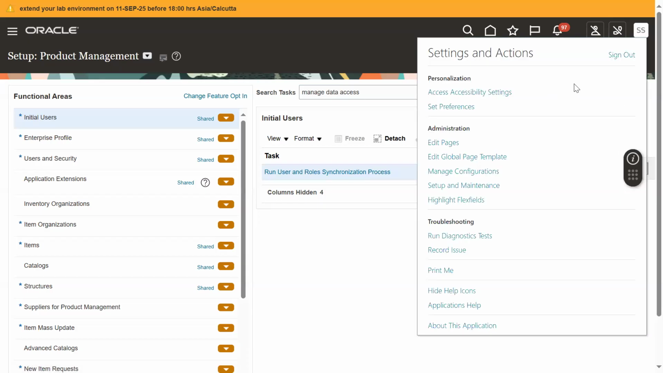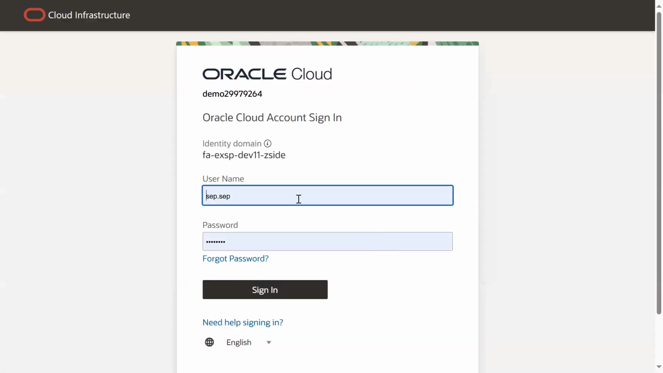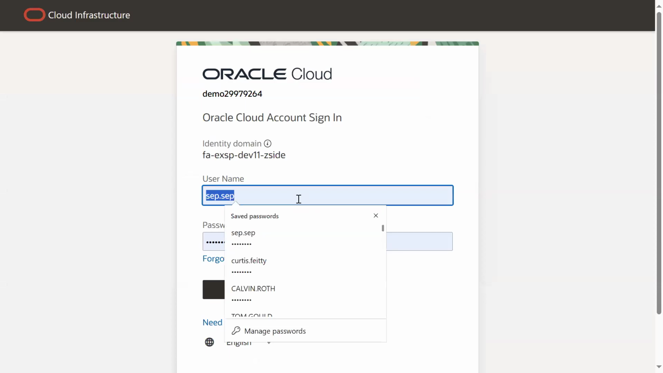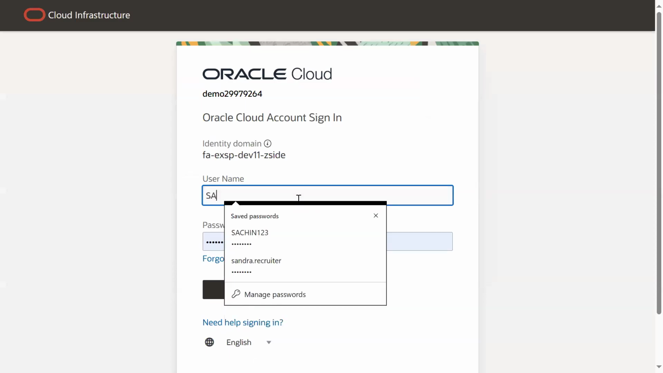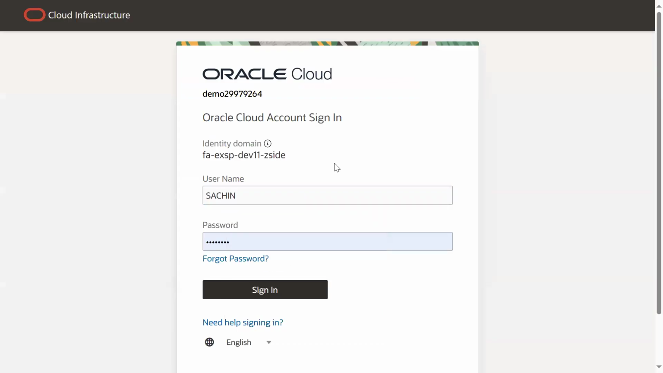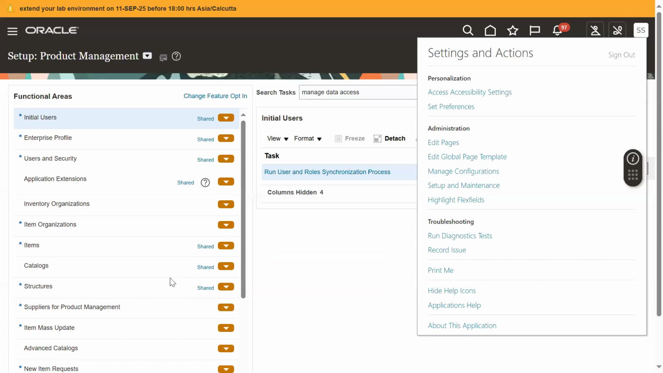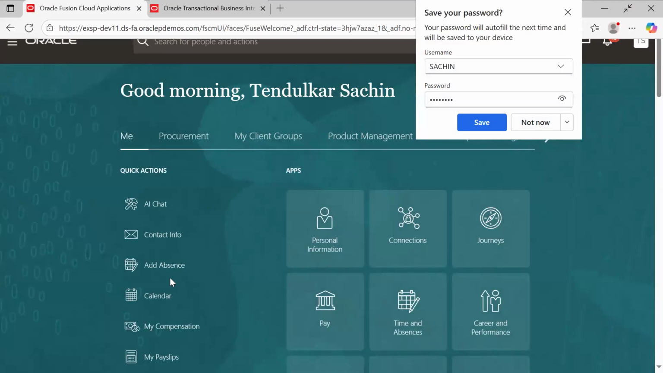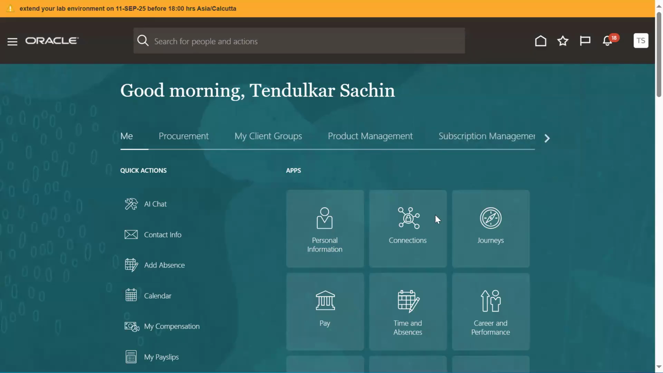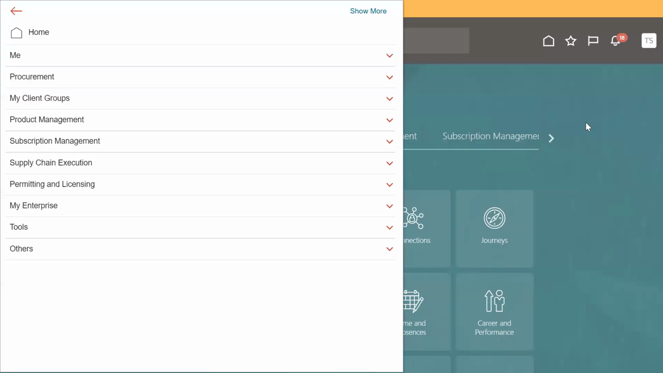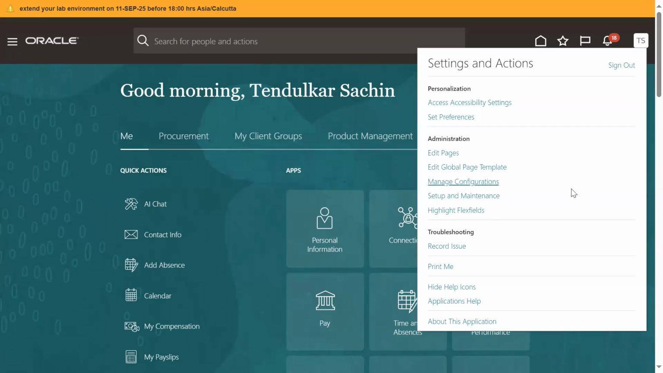Now Sachin is going to log in. Sign out. What is the username here? Sachin. Password, whatever we have configured. Go to navigator. Now Sachin can't do the setups because I have not given the permission to perform other setups